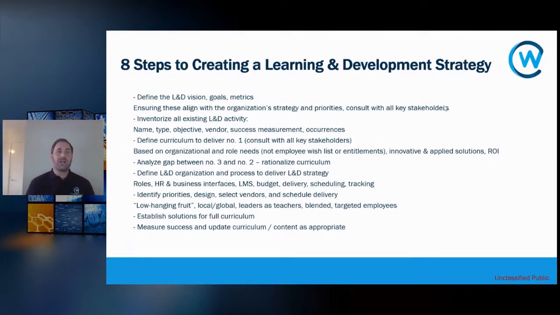So we can look at defining the L&D vision, the goals, the metrics, how we measure what a successful engagement, what a successful enablement or people adoption program looks like, ensuring they align with the organization's strategy priorities. Always talking with key stakeholders throughout the business. IT isn't an island and always serves and works best with key stakeholders within the business. Looking at the existing L&D activity, what is it that you do? Do you work around face-to-face training? Is it very much around e-learning or digital training? Is it more around just working with people within your team?